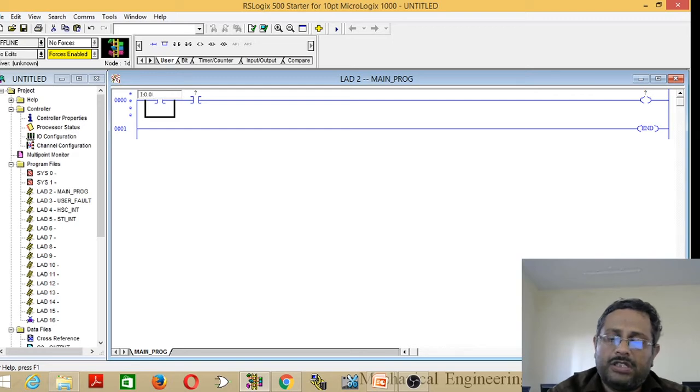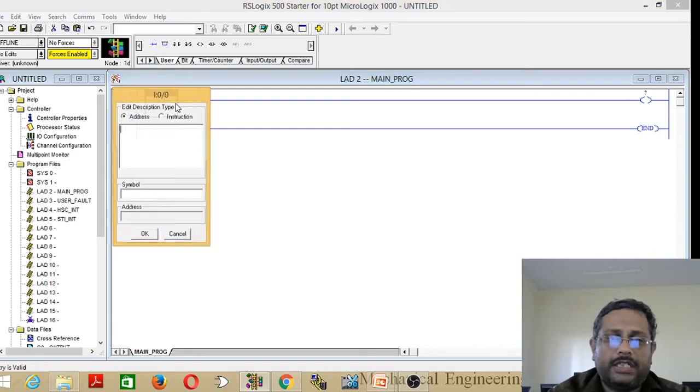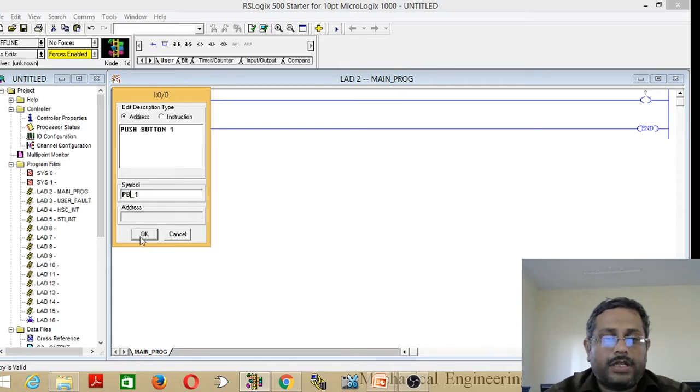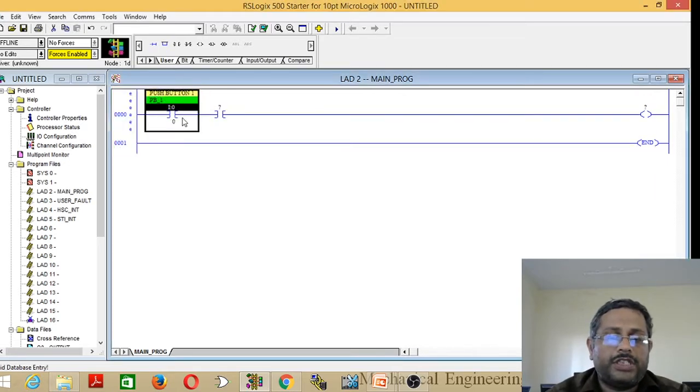Here I am typing 0, then enter. This 0th bit we consider as push button 1. Type push button 1 and add a symbol as PB_1, and click on OK. This completes the first contact addressing.